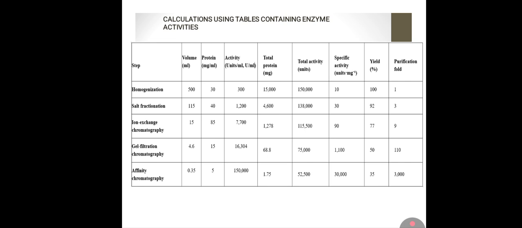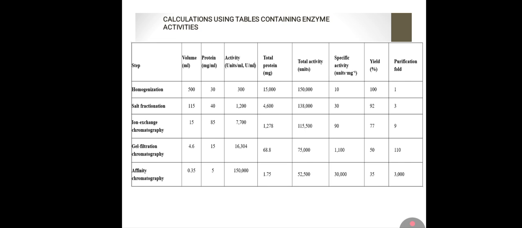So through that, you will be able to know that your yield is calculated by the total activity of that particular stage of purification over the total activity of the crude that you started with. Now, how do you calculate your purification fold? Your purification fold makes use of specific activity, which is the specific activity of the particular purification stage you are at over the specific activity of the initial or crude